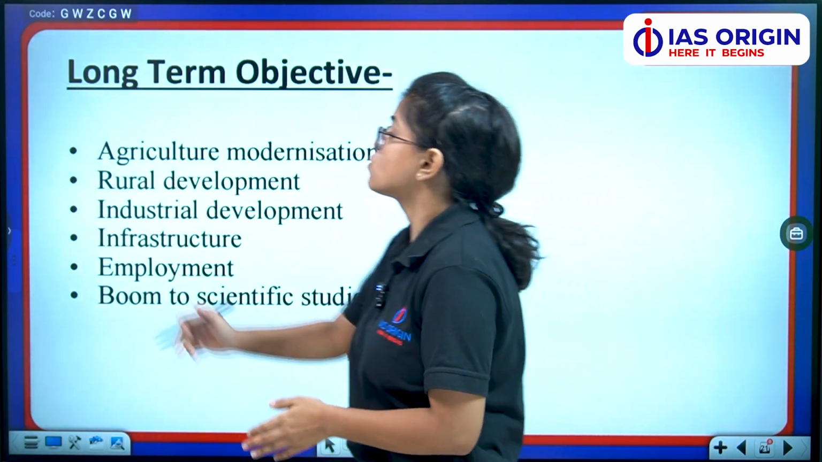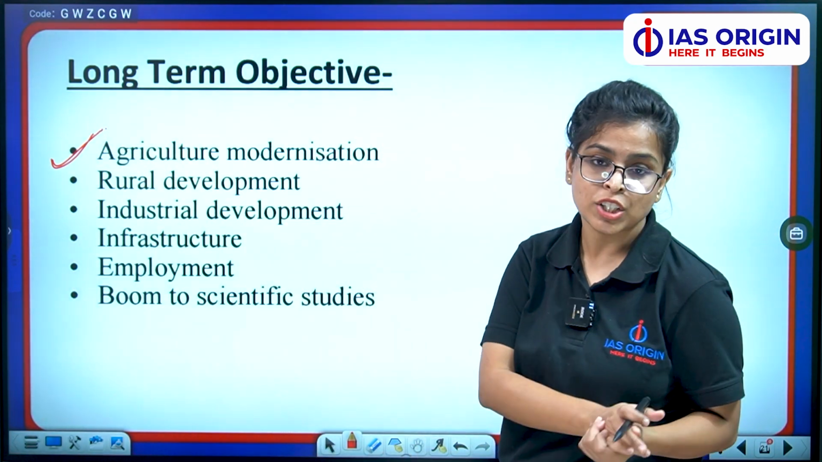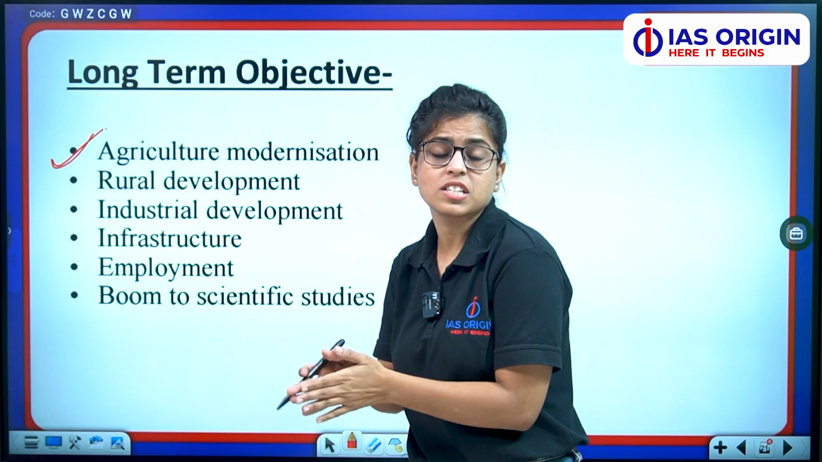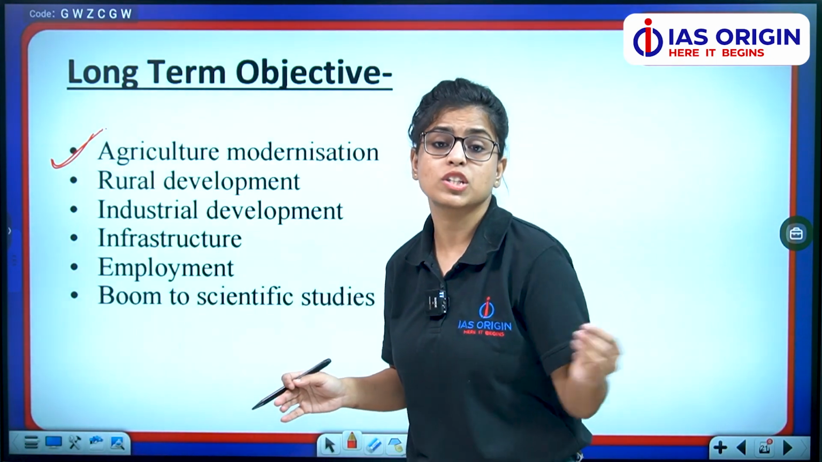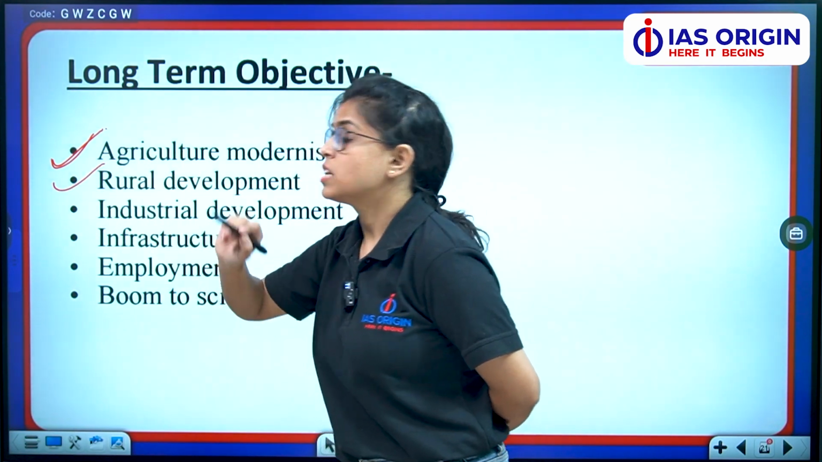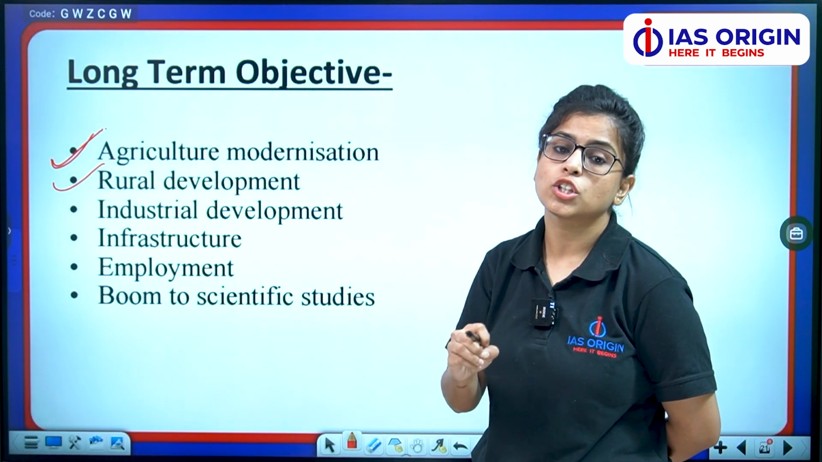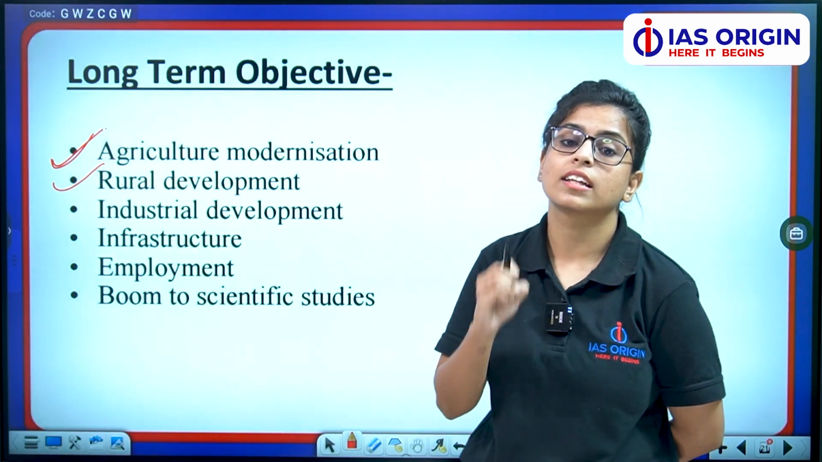And the long-term goals were like agriculture modernization, which focused on heavy machinery, use of tractors, machines, and all these modernized techniques which lead to the increase in productivity. Then was rural development. Since we talk about agriculture, a major chunk of the population working in agriculture is none other than the rural